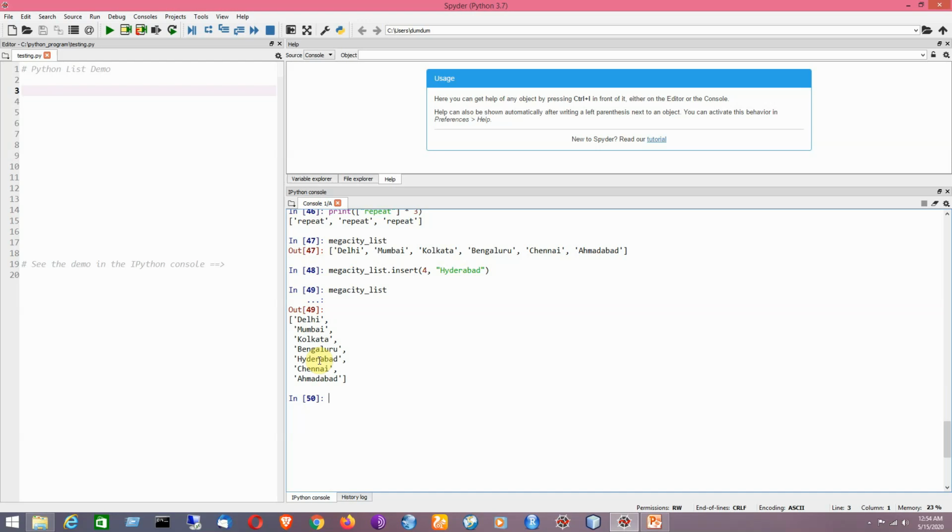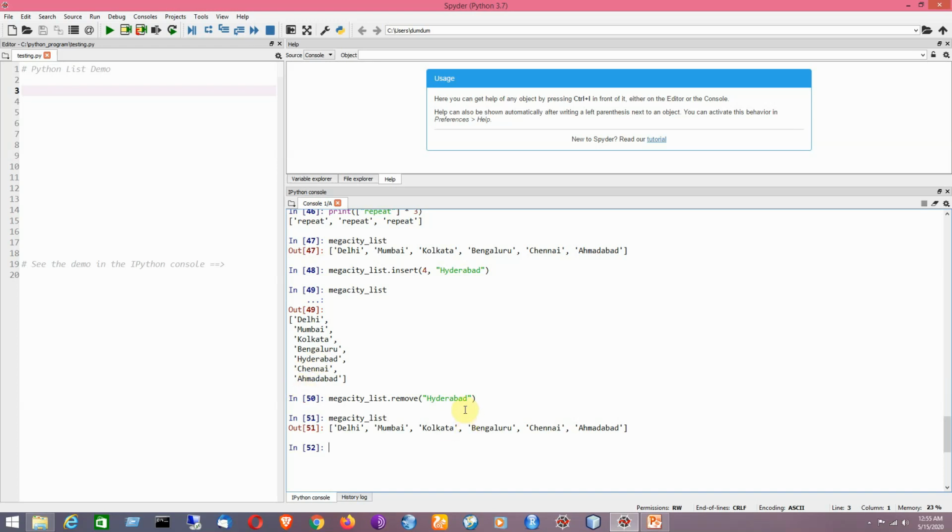Suppose I would like to remove Hyderabad. The function is called remove, and it removes elements from the list. Now if I print this, the value Hyderabad gets deleted.